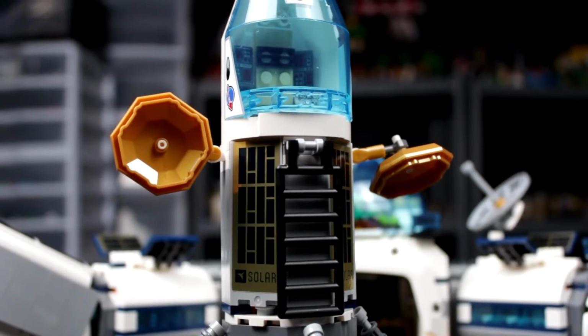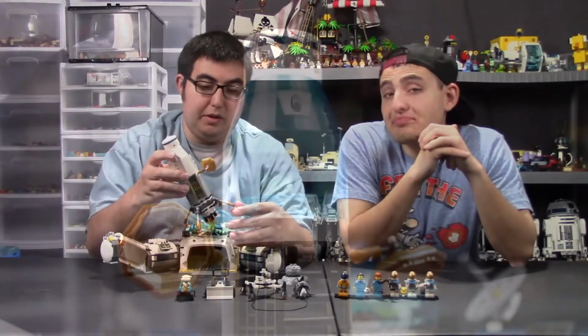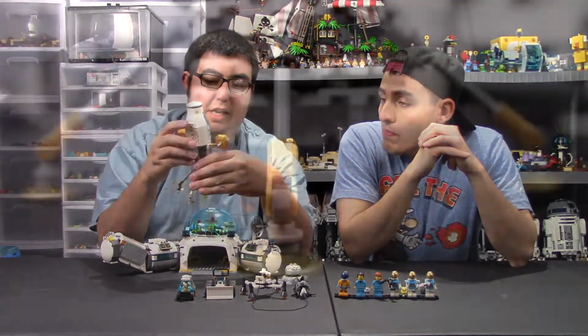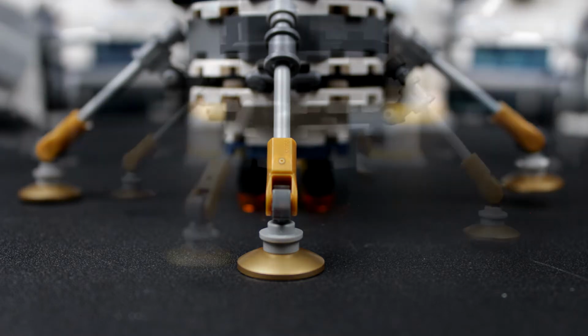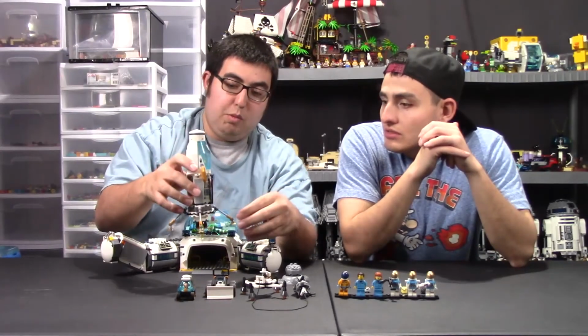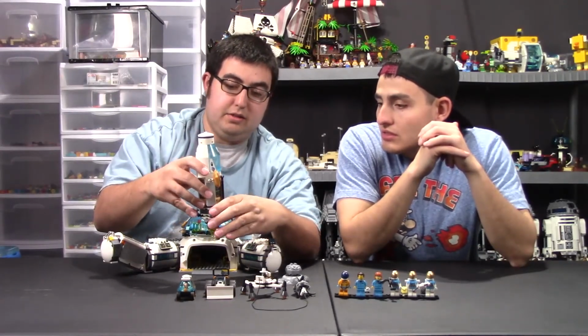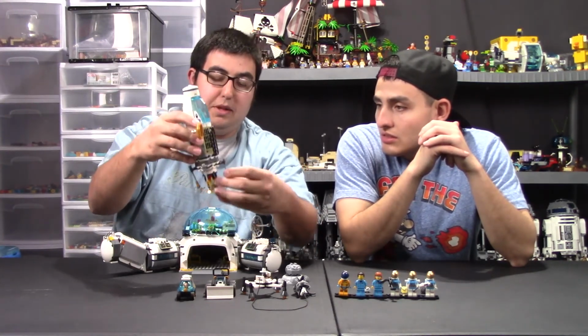I'm gonna start off with the rocket here. So I really like this rocket design. It's a very cool rocket. I love how you got the landers here. If you start at the bottom, you have the actual fire that comes out. You have the little thrusters here simulating the fire. And when you go to land, the landers extend. So when it's taking off, they go up. But then when it comes down to land,